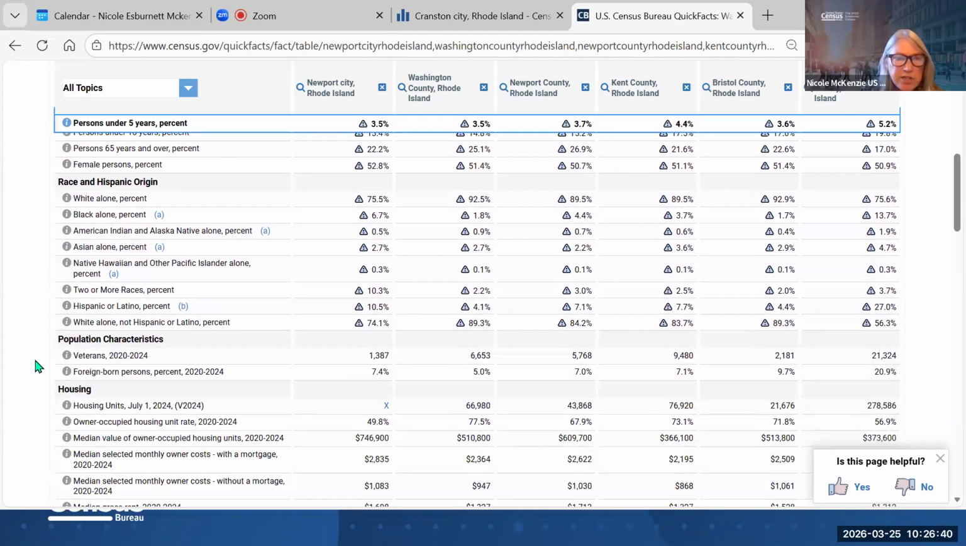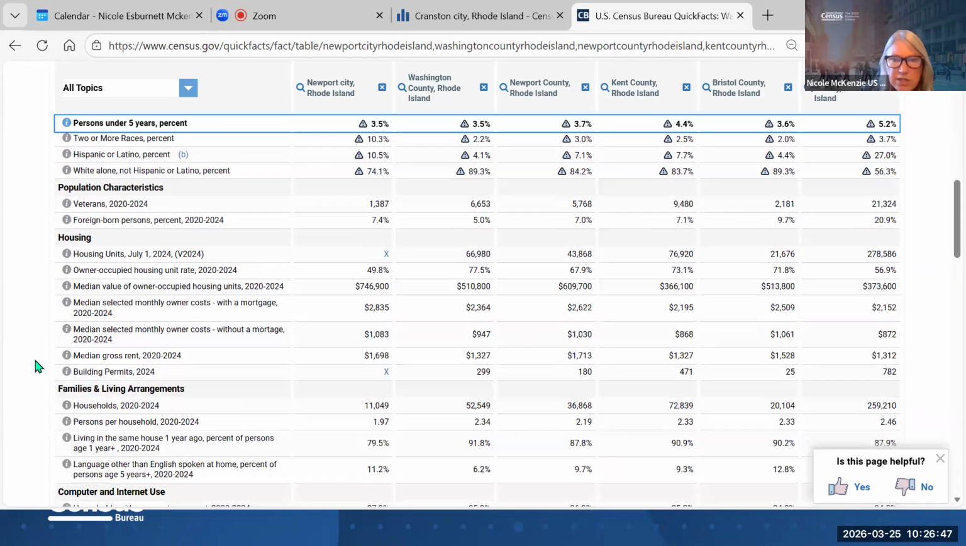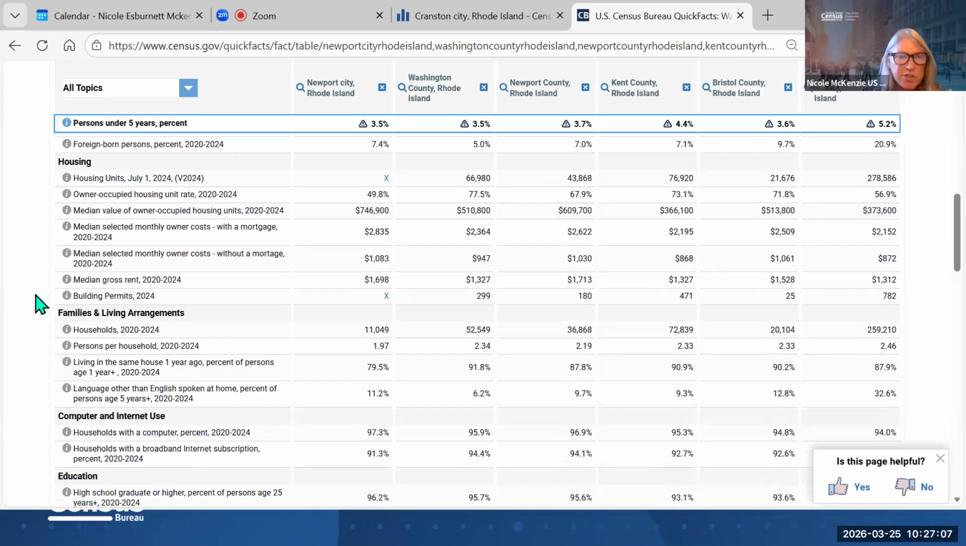Race and Hispanic origin, population characteristics, housing. So you get into the housing units, the values. The values, I've looked at the values and they're pretty good. As we all know, values have gone through the roof. They do adjust. So I think they're pretty in line from just my experience in my own state. Median selected owner costs, median gross rent,